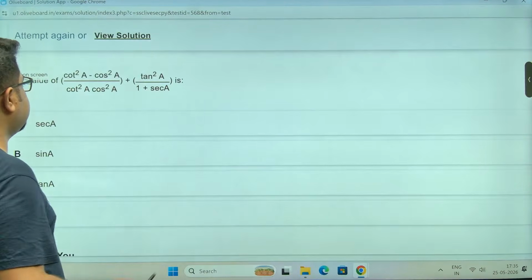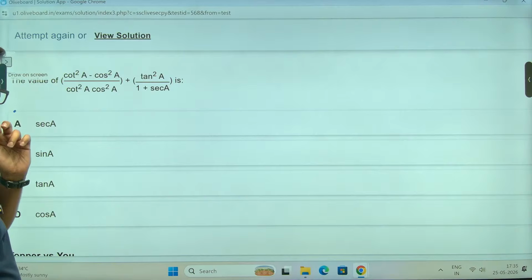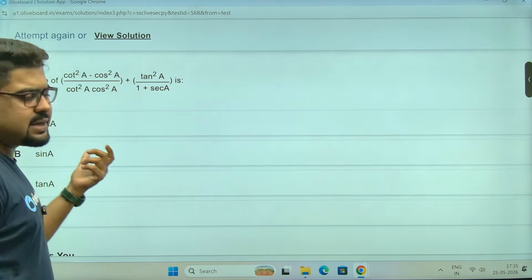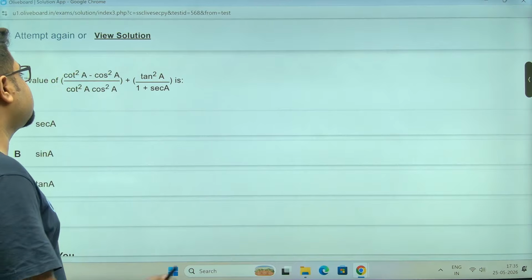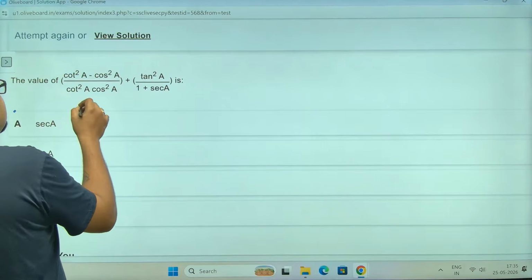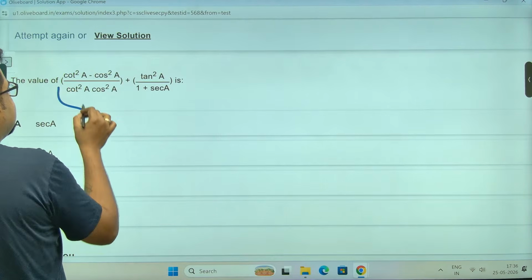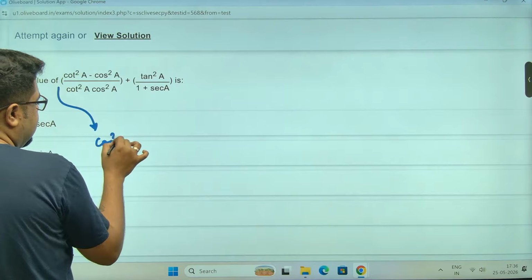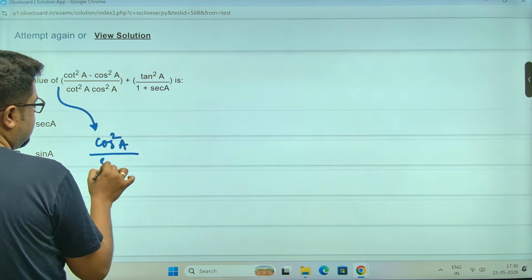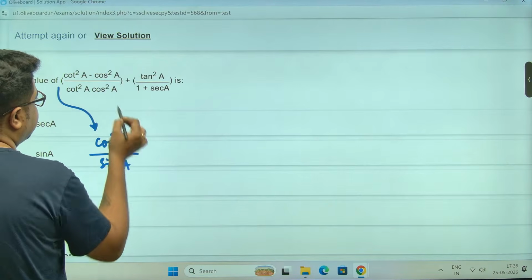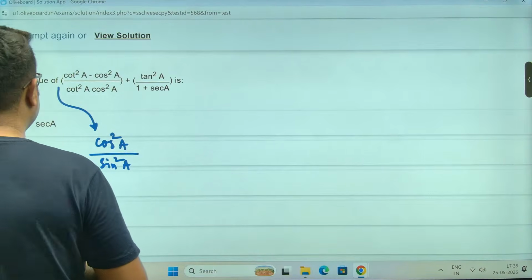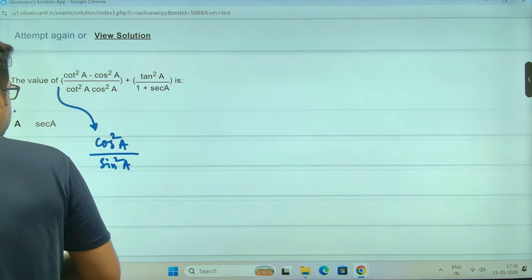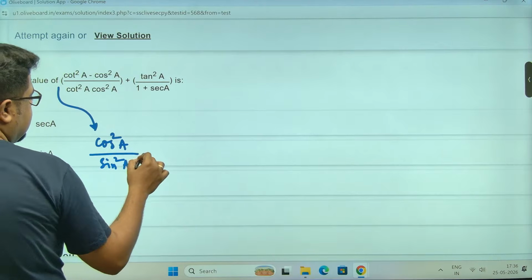Trigonometry identities, sir. You can use the basic formula, meaning the value putting approach as well, but you can use normal questions as well. So this will be cos square A. I'm doing it normally because I have this feeling that if I put values, it might be on the bigger side only. Okay, cos square A, this minus cos square A